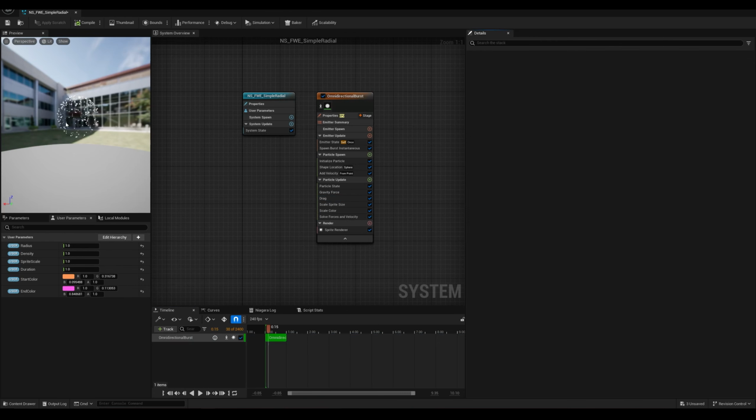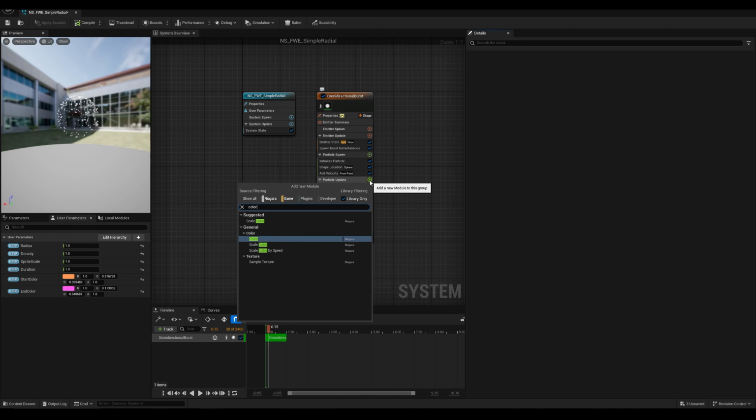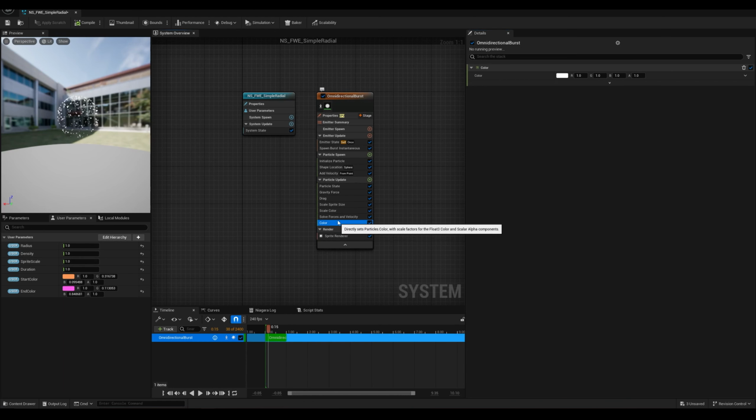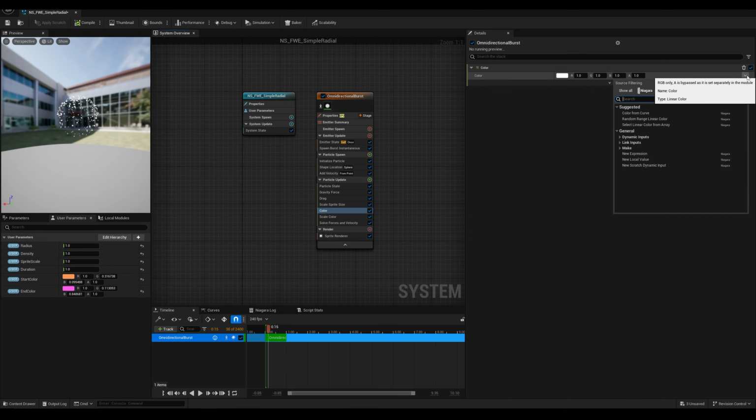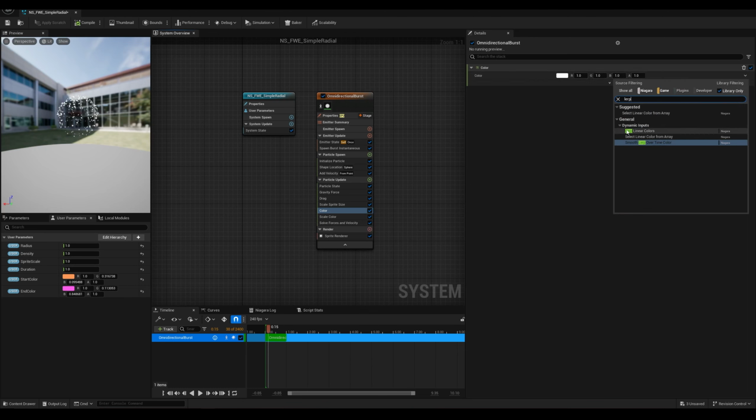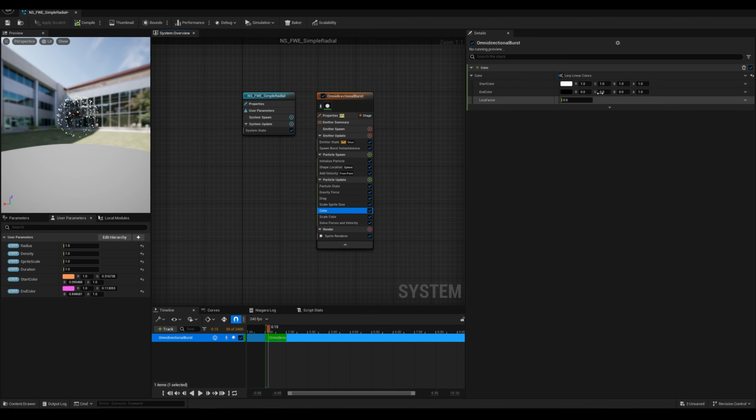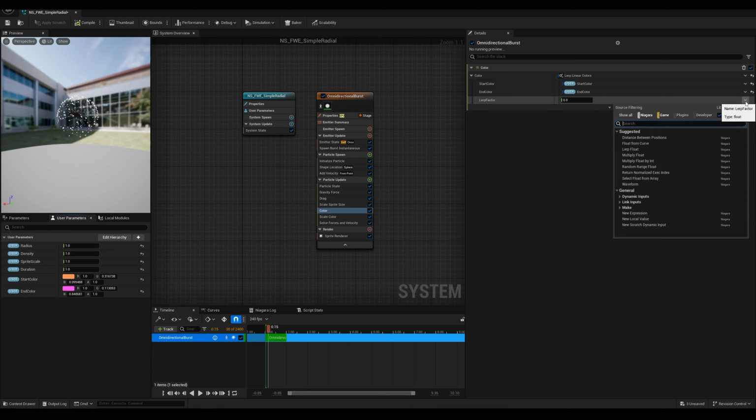Let's do something about the color of those particles. So let's add a color module and move it above the scale color. Now let's change this constant value for a lerp. So search for lerp and select the lerp linear colors. And this will fade between start color and end color based on this lerp factor. So a start color, we can drag our user parameter. Same for end color. And now for lerp factor, actually before anything, let's just for now temporarily select